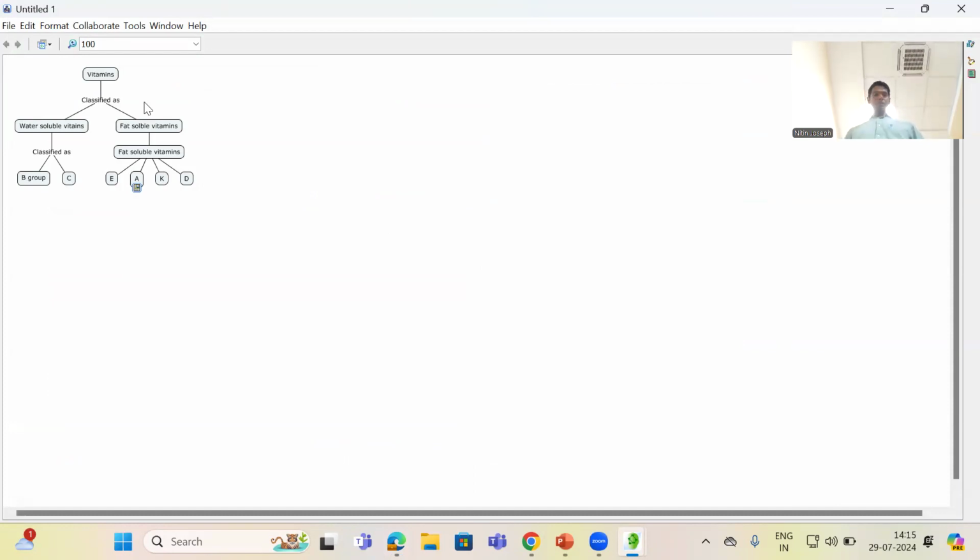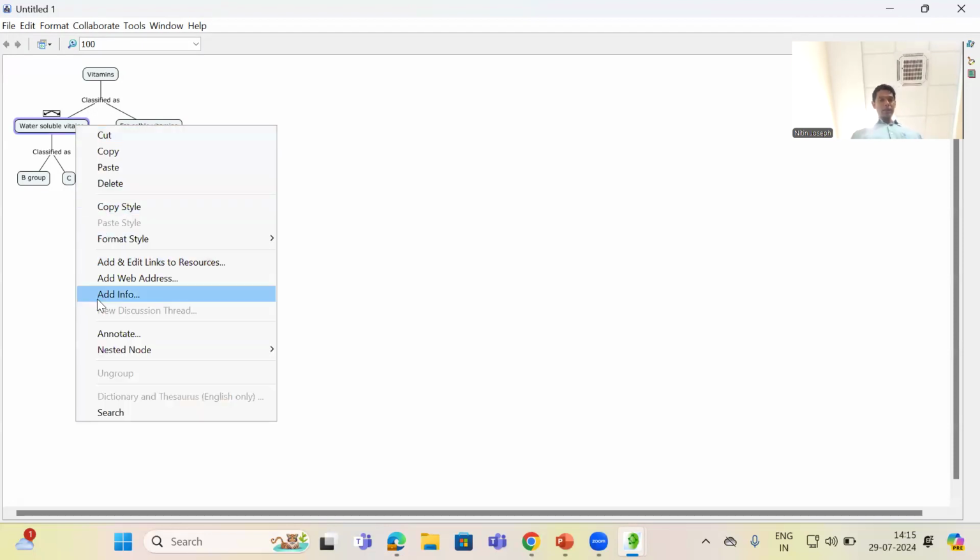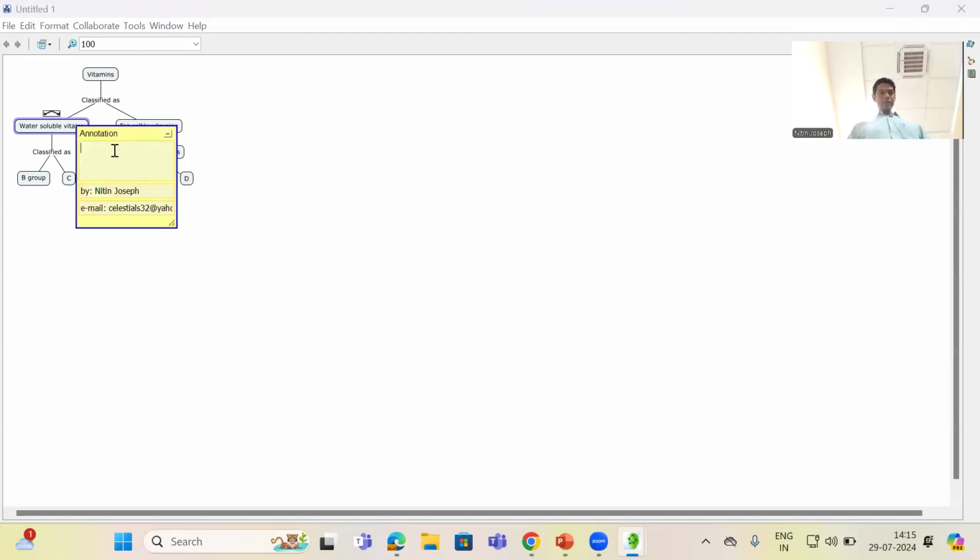Suppose a concept map has been given as an assignment to the students, and once they submit, you want to give some comment to them. So you can annotate on any node. For example, here I come across some spelling mistakes in this particular node. Vitamins has been spelled wrong. So I right click on that, I annotate, and I send a message to students, correct spelling mistakes,